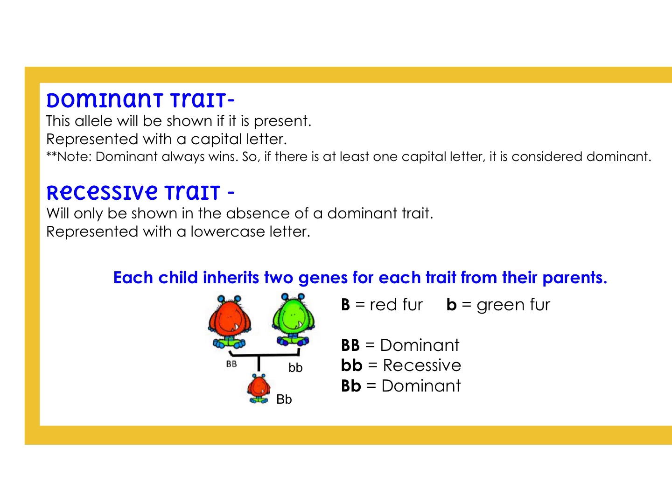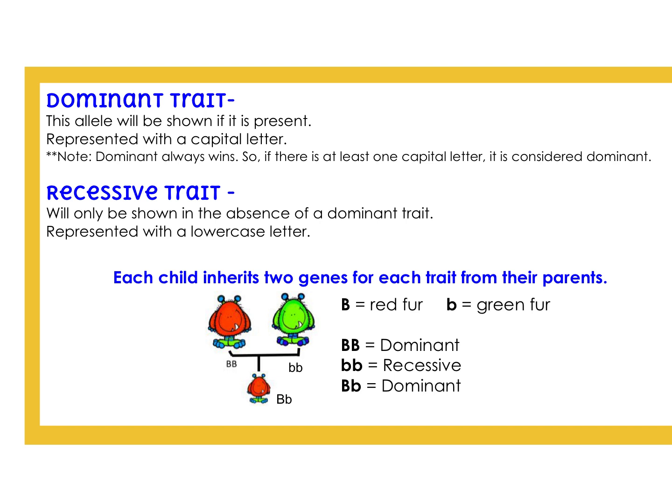All right, so first we're going to review dominant and recessive traits. With dominant traits, the allele will be shown if it is present. It's represented with a capital letter. Dominant is always going to win, so if there's at least one capital letter, it's going to be considered dominant. The recessive trait is the weak form of the trait. It's only going to be shown if there's an absence of the dominant one, and that's going to be represented